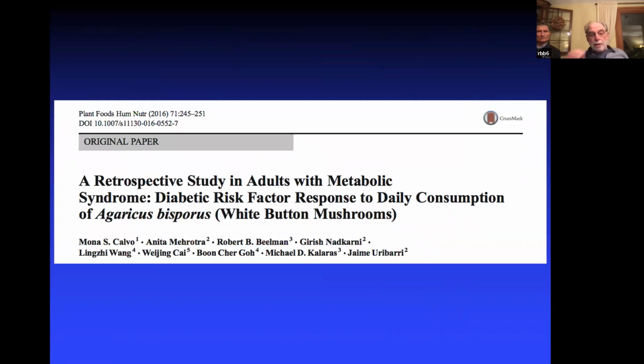So a few years ago, I was involved in a human clinical trial at Mount Sinai School of Medicine in New York City. It was to look at how mushroom consumption could help people with diabetic risk factors. And so people were fed a serving of